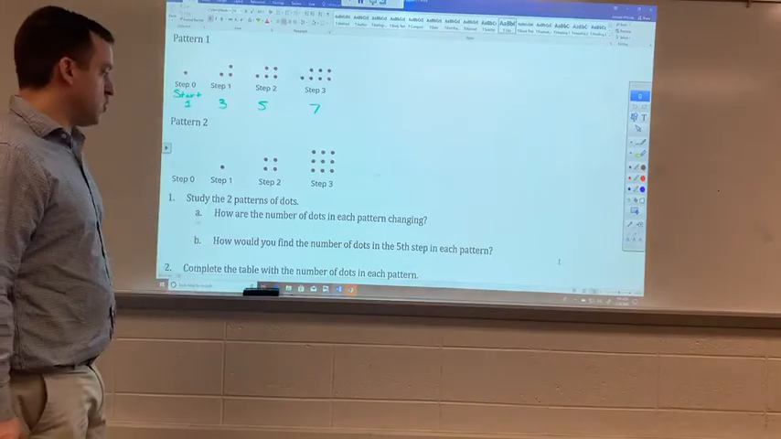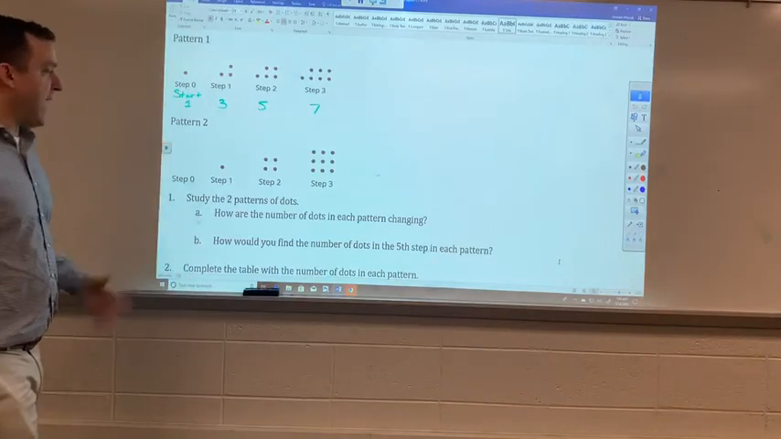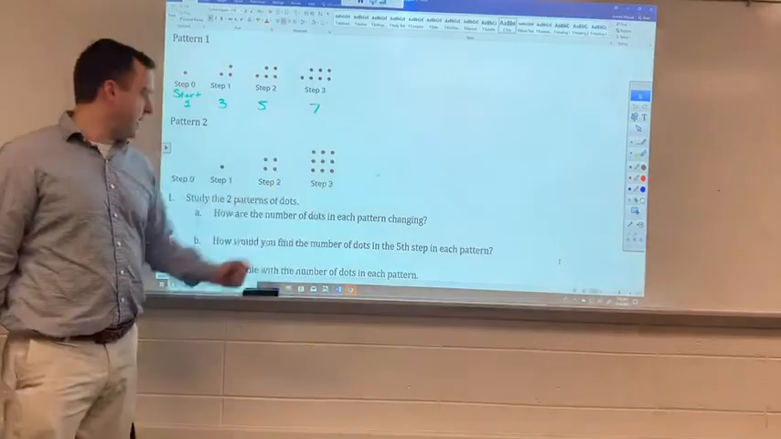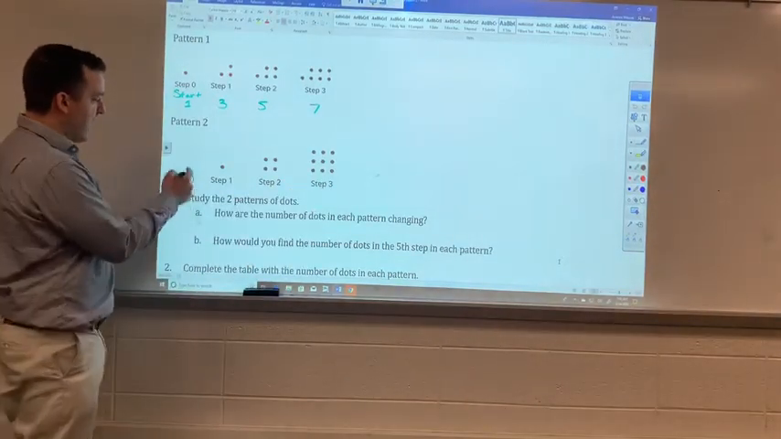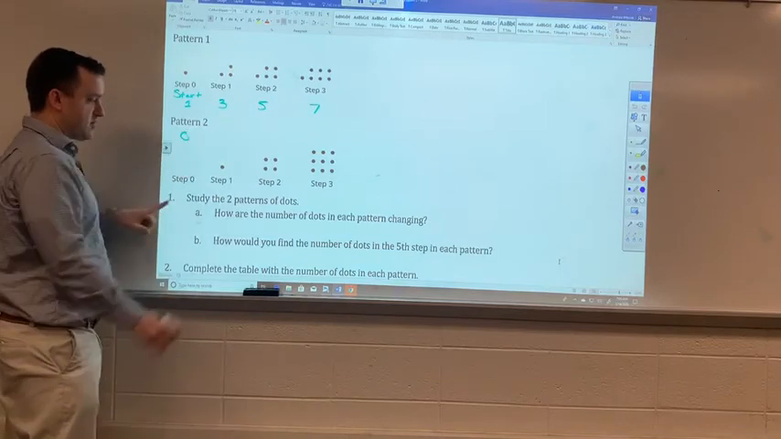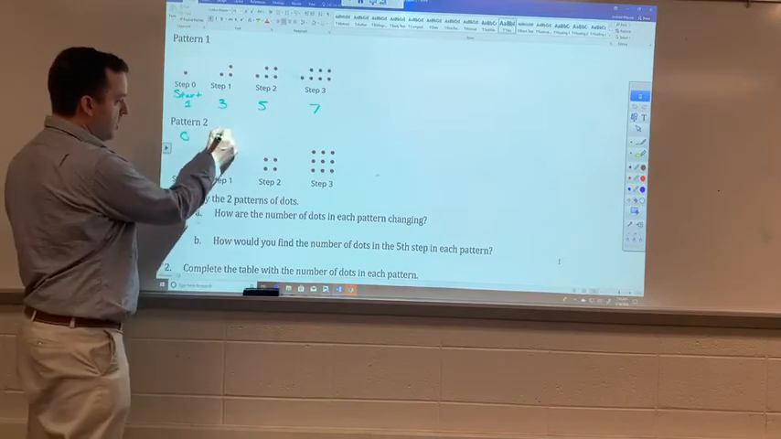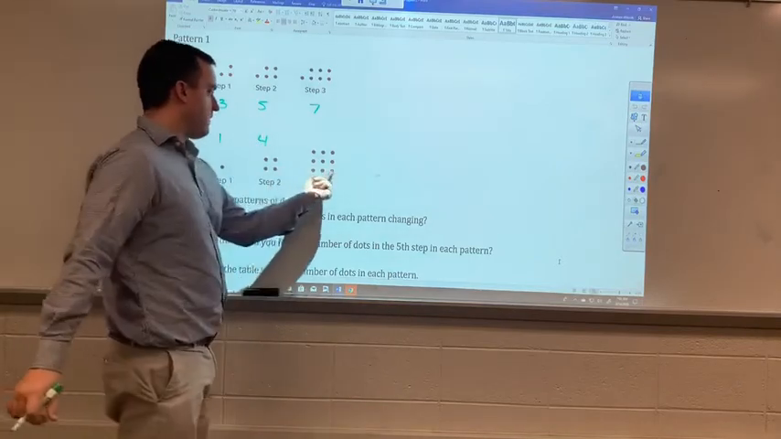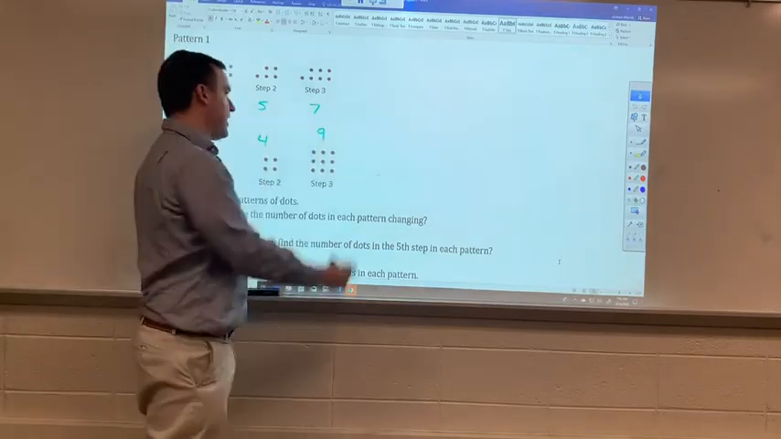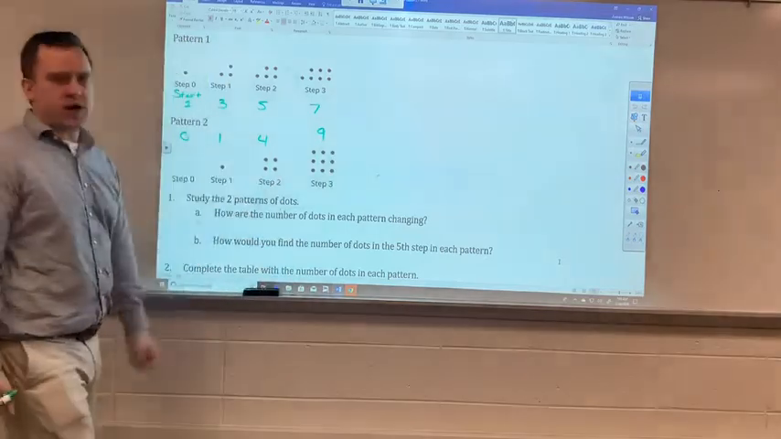For pattern 2, this actually looks very different. So if we're looking here at the step number and the number of dots we see for step 0, there's 0. For step 1, there's 1. For step 2, there's 4. For step 3, there's 9. And this is just a very different